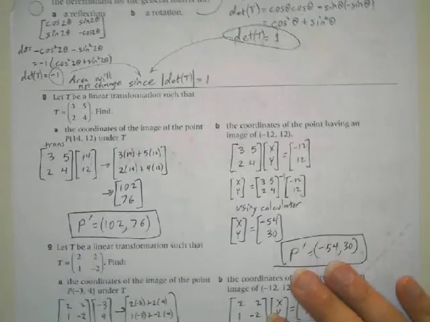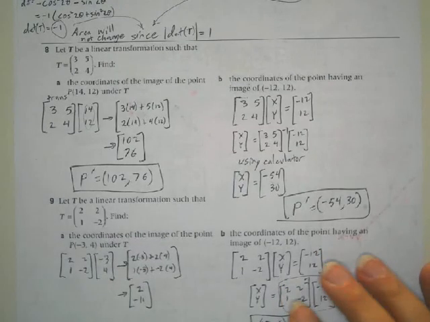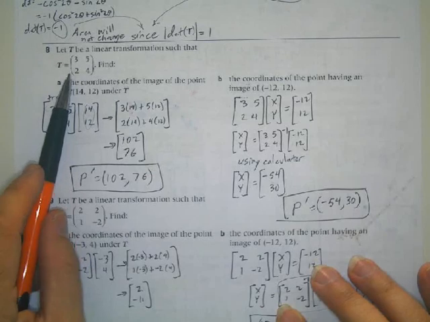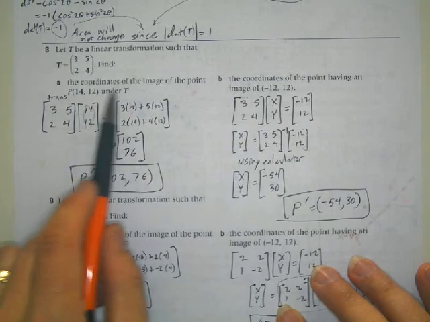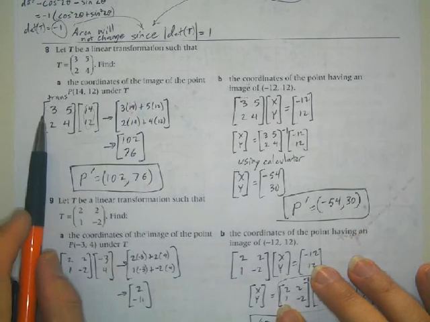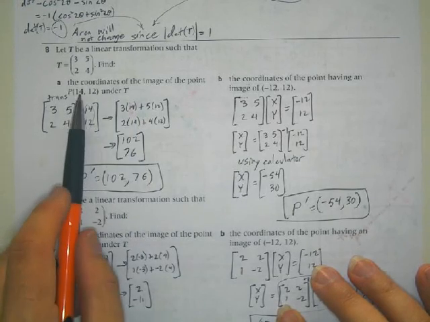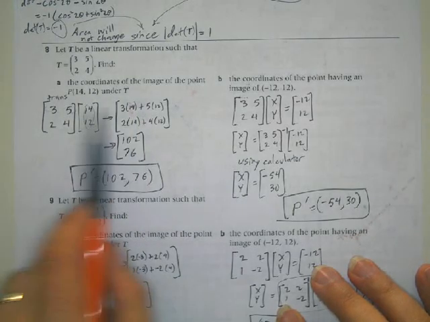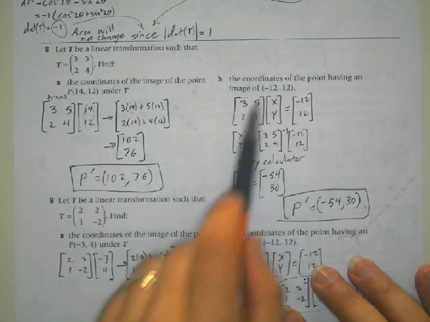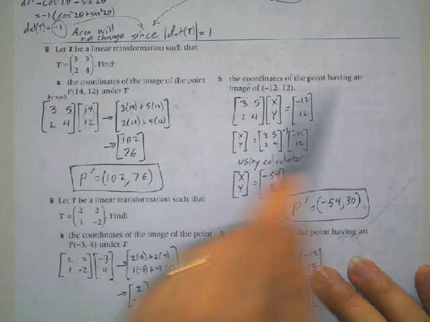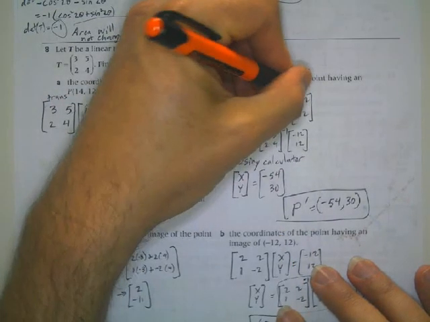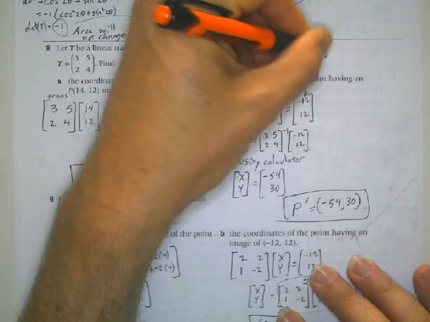Okay, question 8. Let T be the linear transformation matrix. So here's my transformation matrix. Here's my point, 1, 4, 1, 2. We do the matrix multiplication, and I end up with a new point here. The coordinate of the point having an image of this. So the final product, this is the result image,